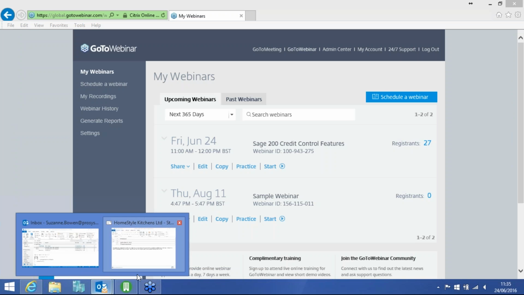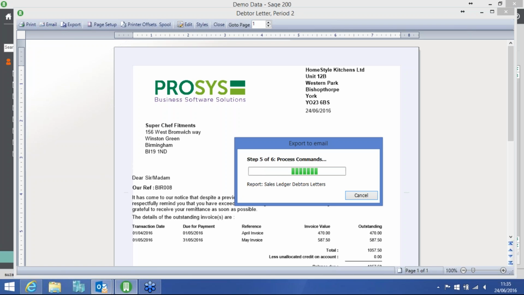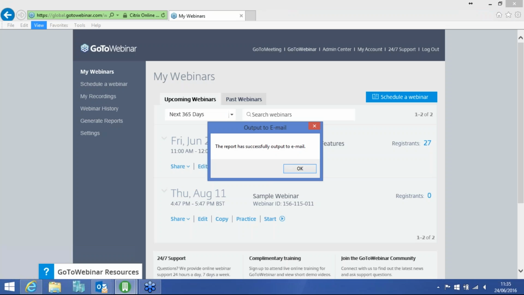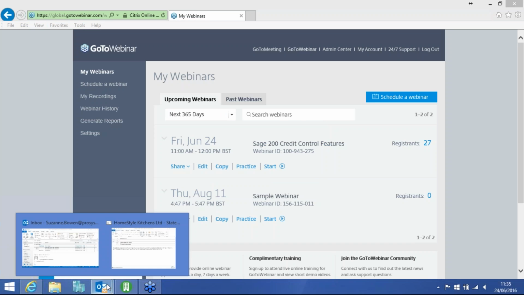Okay. Now it is possible to email any documents. You do have this email option here, but it's slightly different to your statements. With statements, you could have an email statement layout and you could have a paper statement layout. It doesn't work the same way for your letters. We can email this, but if there's no email address associated with this letter, it will just go to a blank email address. Which if I show you now,